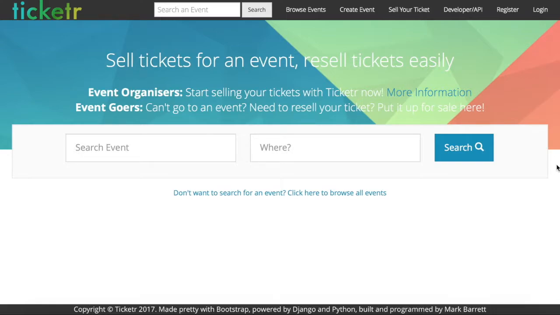So the transactions are handled completely between the reseller and the purchaser, and then they're handled completely between the buyer and the event organizer. So there are no transactions with Ticketer. It all runs through PayPal. So at the minute it's in sandbox mode but it does run through PayPal. It also comes with an API which I needed to develop in order to create the app, which I can show you a little bit later. But it just basically gives features like authenticating the user and also validating a ticket for a check-in.